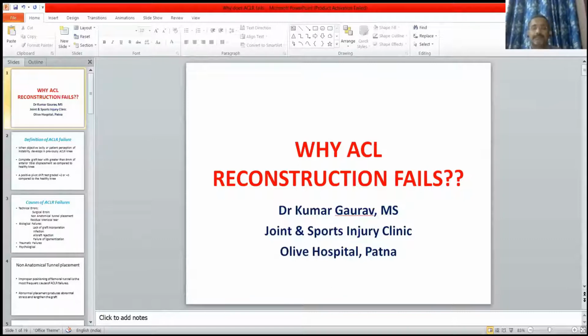And when it comes to the database definition, it is a complete graft tear with greater than 6 mm of anterior tibial translation as compared to the healthy knee, and a positive pivot shift graded +2/+3 compared to the healthy knee. If you are getting all these things, then